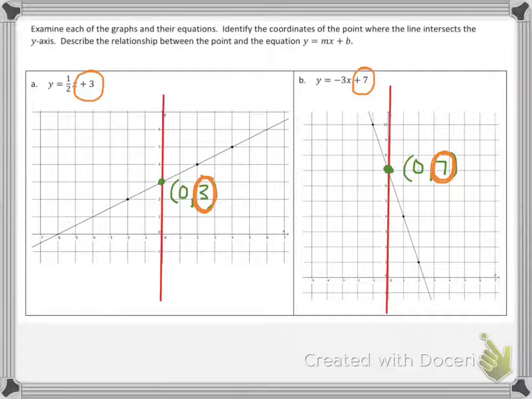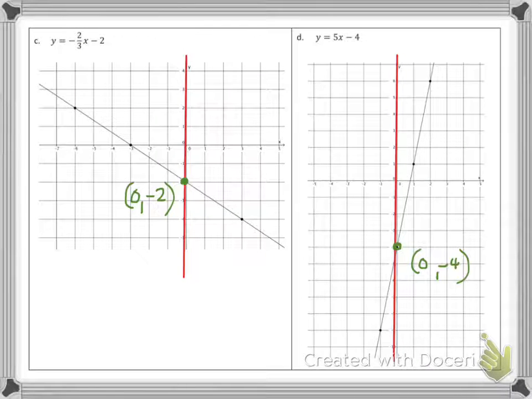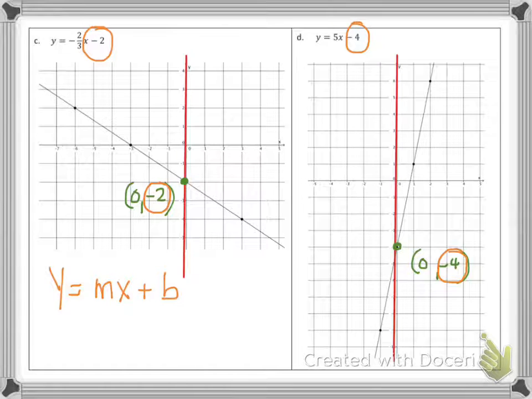Let's see if that's true on the next two, C and D. The y value is a negative 2. There it is in my equation. The y value is a negative 4. There it is in my equation. So that's happening every time. So let's remember y equals mx plus b. We already learned in previous lessons that m is the slope,